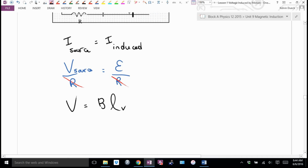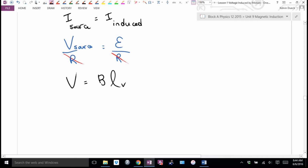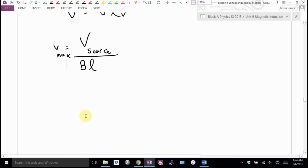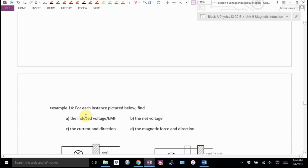Let's get the little v by itself. You want the maximum speed? It's going to be voltage divided by magnetic field times the length. That's the maximum speed. If you want to, you can put a little max as a subscript next to the V. So,